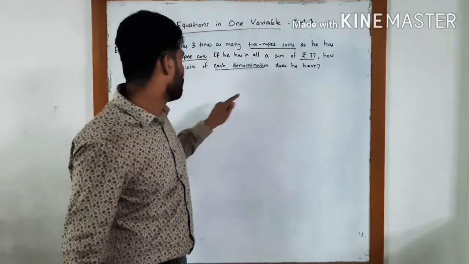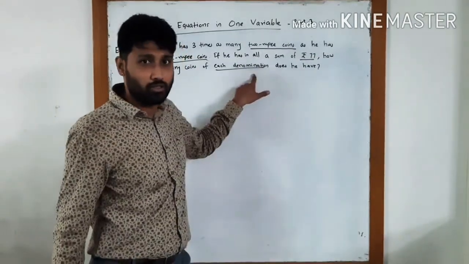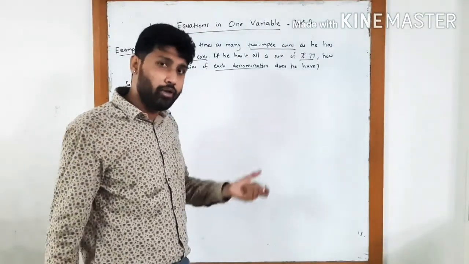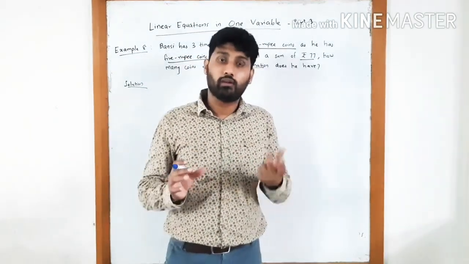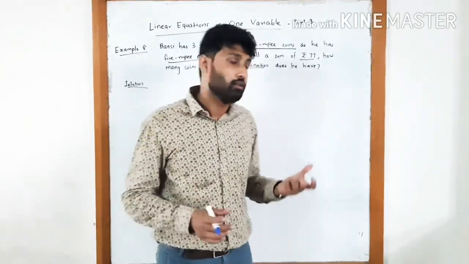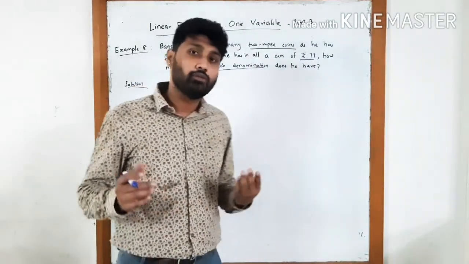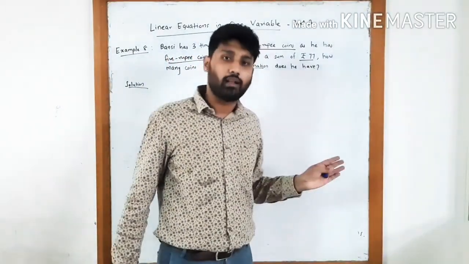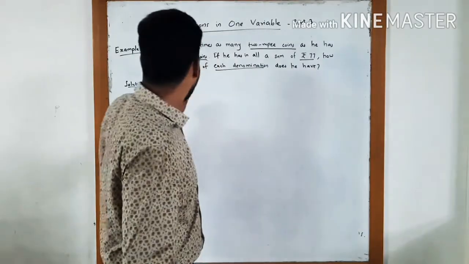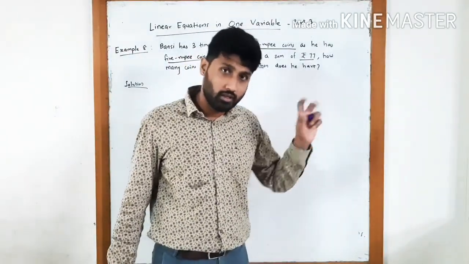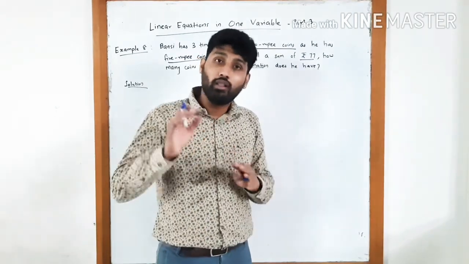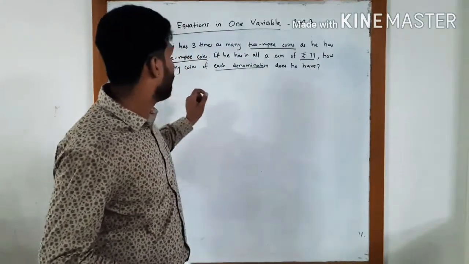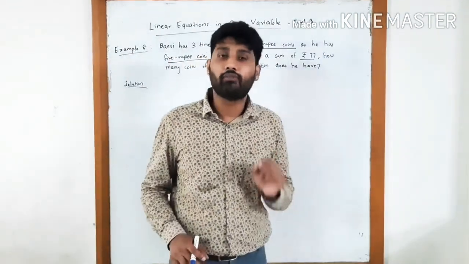So when they have asked the question, how many coins of each denomination, which means 2 rupee coins and 5 rupee coins both. Each denomination means all the types of different coins or notes which someone has. If the question was how many 2 rupee coins he has, you have to find only that answer. But when the question is how many coins of each denomination does someone have, you have to find out all the different currencies involved in the word problem. So for now, we have to find out how many 2 rupee coins and how many 5 rupee coins does Bansi have.